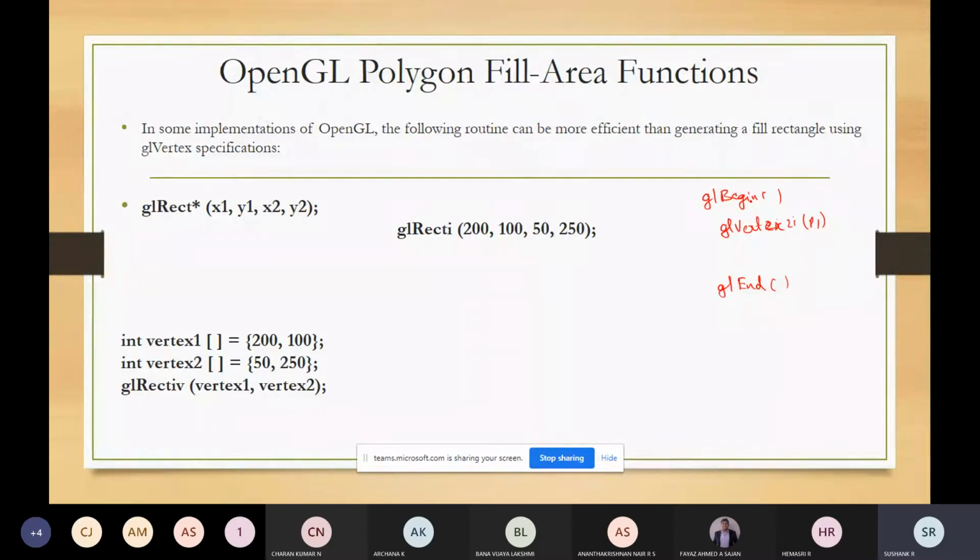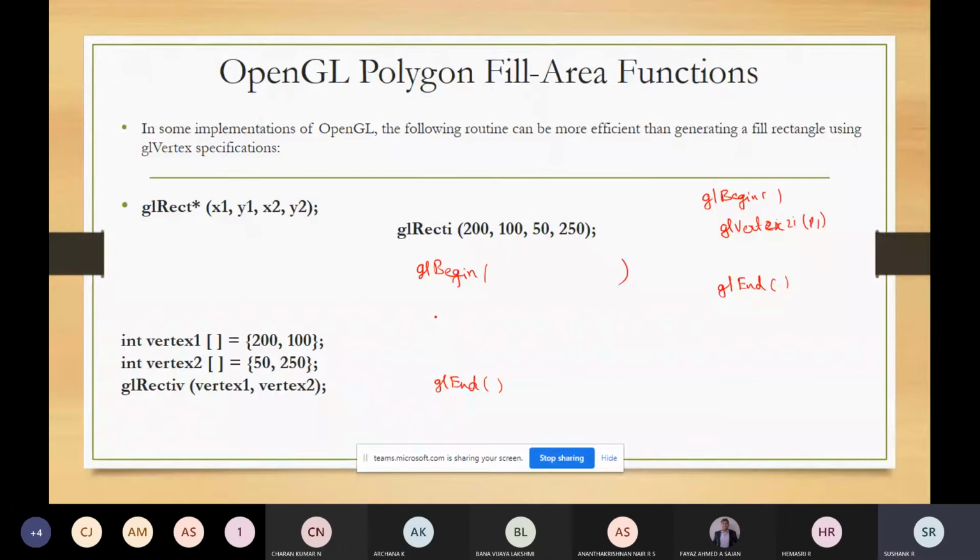Now the first function is given by RECT. So whatever functions you're writing, you will be writing within GL begin and GL end. So everything you will be writing between GL begin and GL end. GL end doesn't take any parameter.